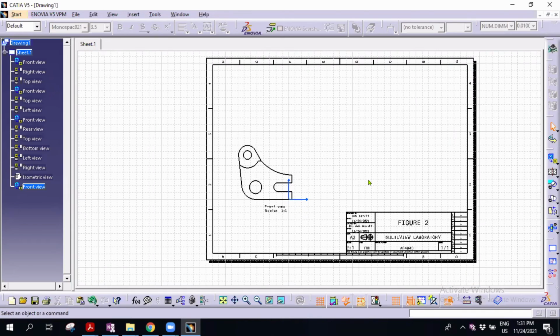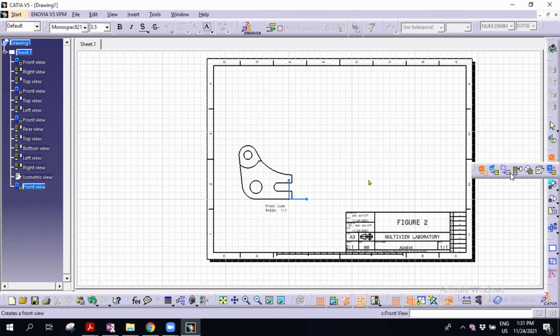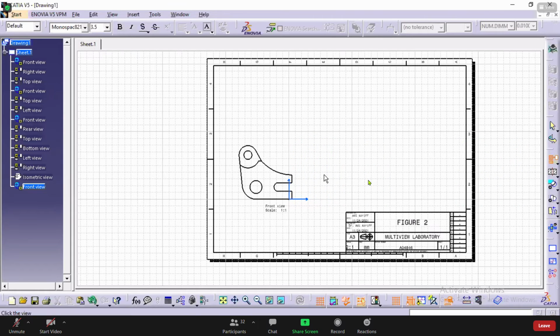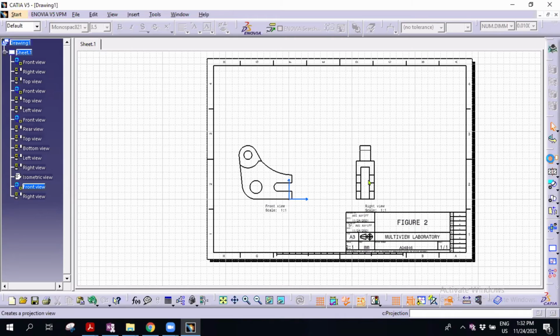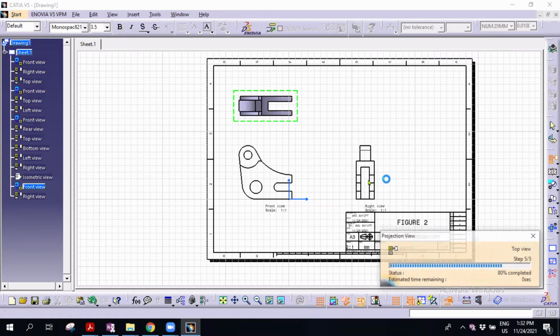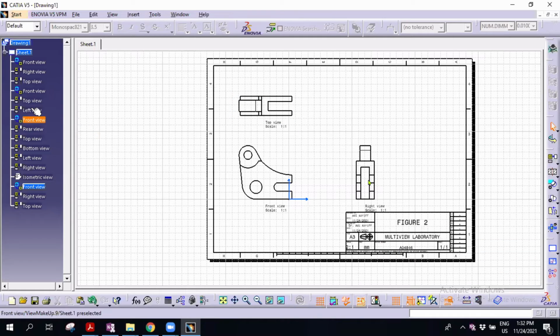In order to go for the right view, you go to the projection view, and it will automatically project here. Then select the projection view again, and you will have a top view here, third angle projection.